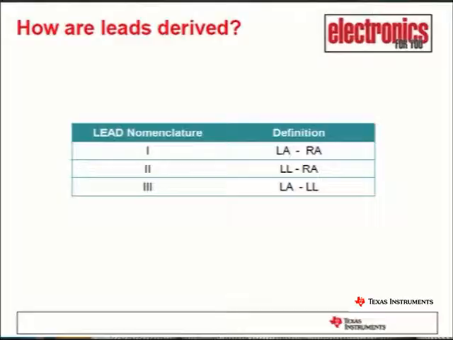So how do we go from electrodes to leads? Sure. So leads are derived from the electrodes, and the standard limb leads are referred to by lead 1, lead 2 and lead 3. These leads are computed by the difference between the electrode potential. Lead 1 is the difference between LA and RA, left arm and the right arm. Lead 2 is the difference between left leg and the right arm. Lead 3 is the difference between left leg and the left arm electrode.